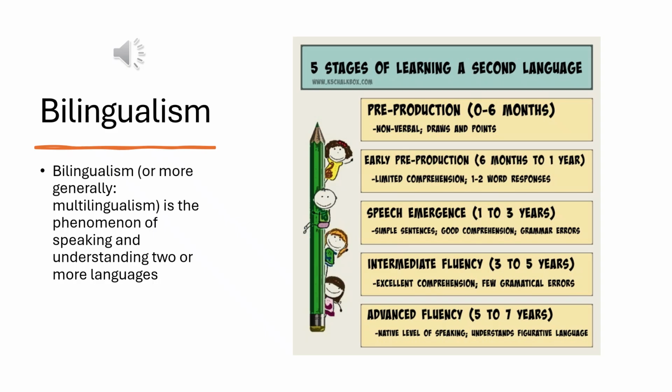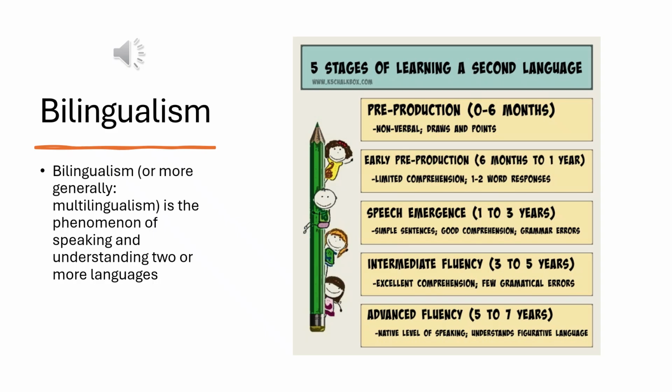If a child already has their first language and then they're adding a second language or a third language or a fourth language, you have to recognize that there's going to be stages of acquiring that additional language, and that at the beginning it's going to seem like children are very quiet and not using any language at all. It's really because they just have to figure out, what are we talking about here? What's the vocabulary? What's the grammar structure?